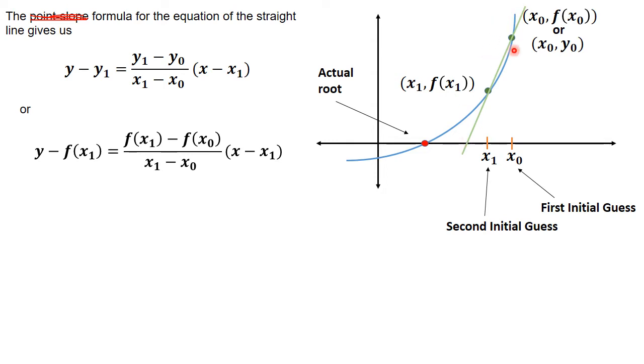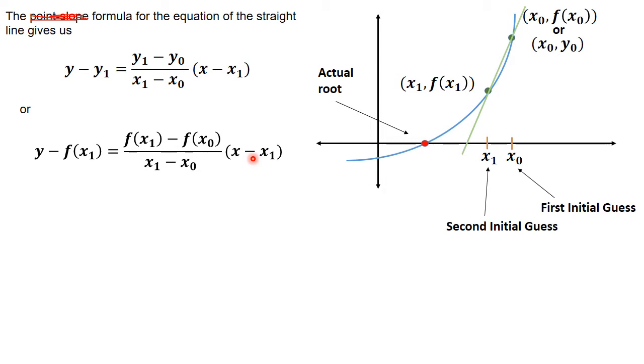So this is the equation of the straight line, and these are the 2 points. What is the equation of the straight line? y minus y1 is equal to y1 minus y0 over x1 minus x0, times x minus x1, or simply y minus f of x1 is equal to f of x1 minus f of x0 over x1 minus x0 times x